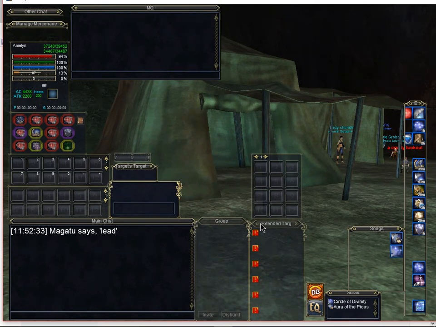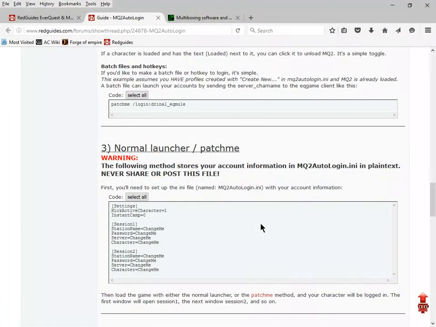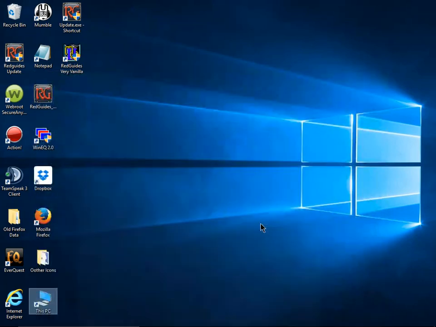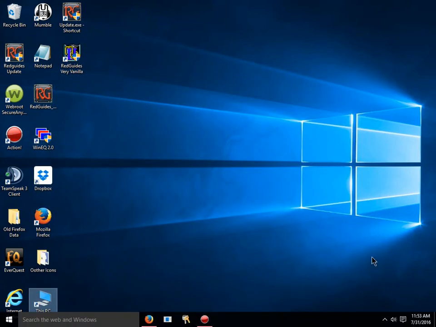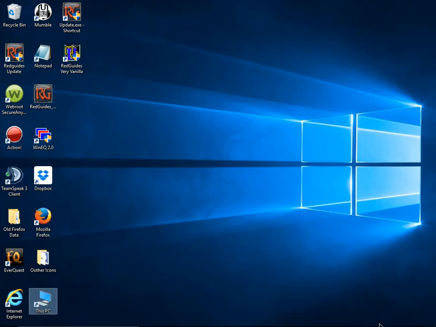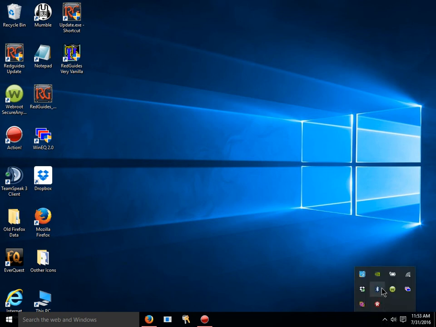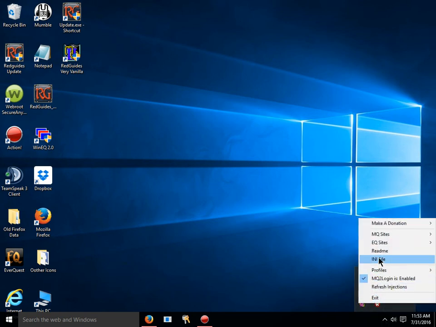So let me go ahead and quit out of this toon. And let me show you other couple things you can do with the MacroQuest standalone. Nice thing is, you can, like I said, do 1 toon or 6 toons. You can tell it if you're in game, for example, with this whole